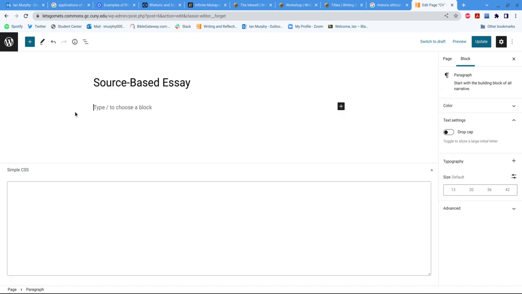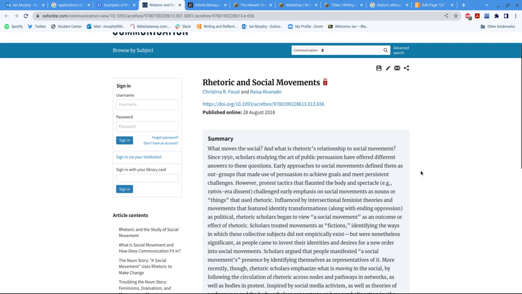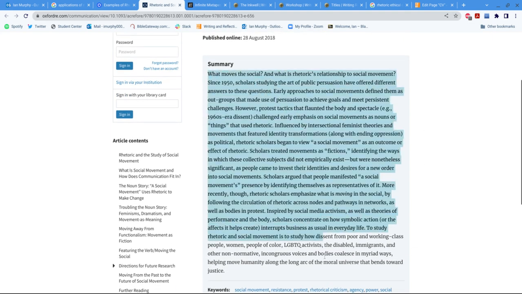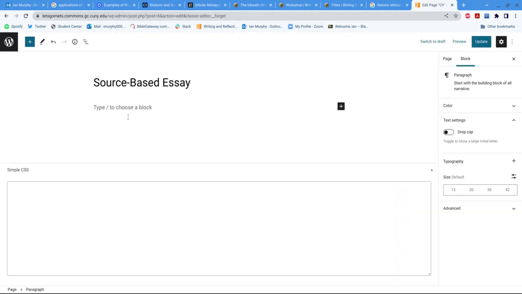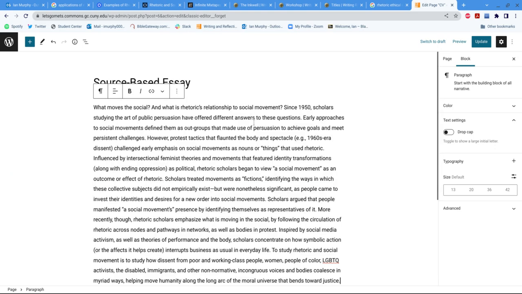All this default stuff, delete it, and then I can paste. You have your source-based essay, you have the document that it's on, you can just copy all of it and paste it right there. And then when you do that, you'll be able to see it applied to your website. So I wonder if I can actually just find some random thing that I can paste in there to show you how it works. Okay, here's something I was looking at earlier. This obviously is not a full essay, but take whatever you want to put in there, you just hit paste,